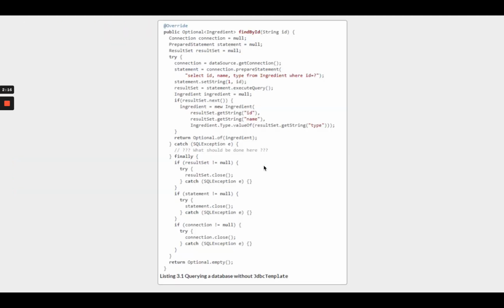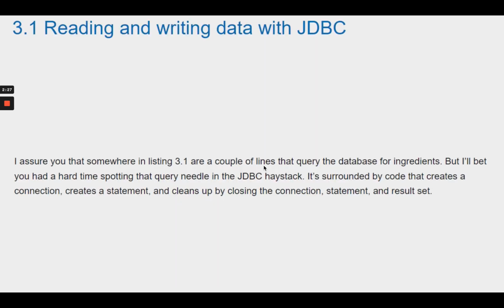To gain an appreciation of what JdbcTemplate does, let's start by looking at an example of how to perform a simple query in Java without JdbcTemplate. I assure you that somewhere in Listing 3.1 are a couple of lines that query the database for ingredients. But I'll bet you had a hard time spotting that query needle in the JDBC haystack. It's surrounded by code that creates a connection, creates a statement, and cleans up by closing the connection, statement, and